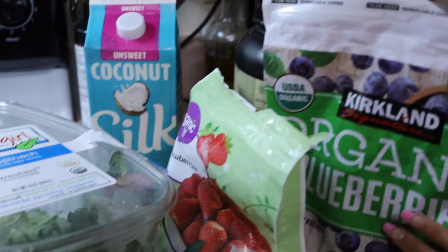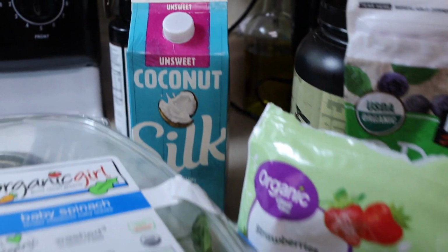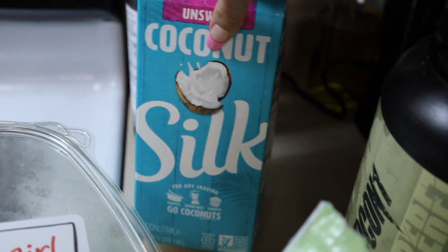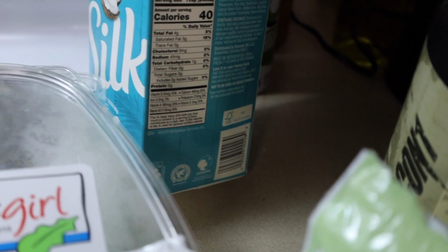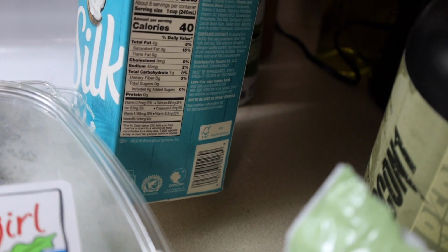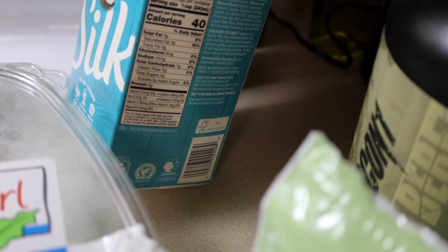So I got frozen blueberries, organic of course, frozen strawberries, organic, baby spinach, my unsweetened coconut milk by Silk. This is my absolute favorite coconut milk, guys, because it's creamy and it's unsweetened and it's very low in carbohydrates, 1 gram of carbohydrates, 0 sugars, and total fat is 3 grams, so really good macros, and calories, 40 calories